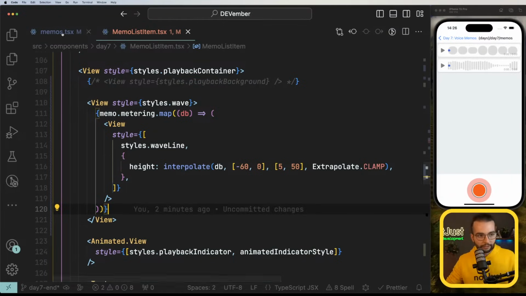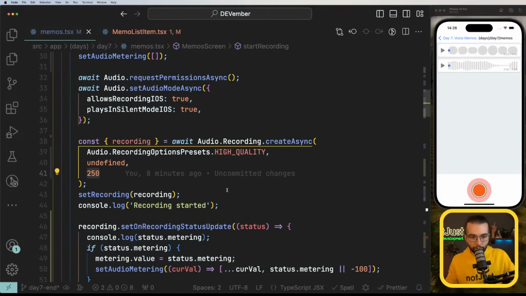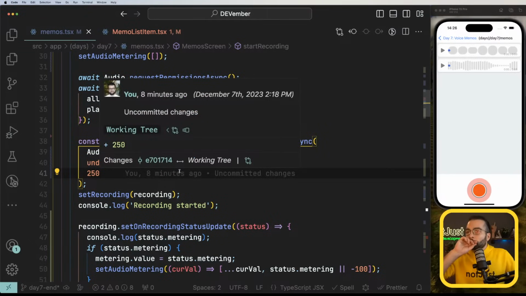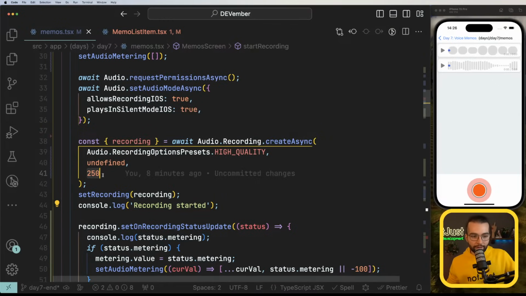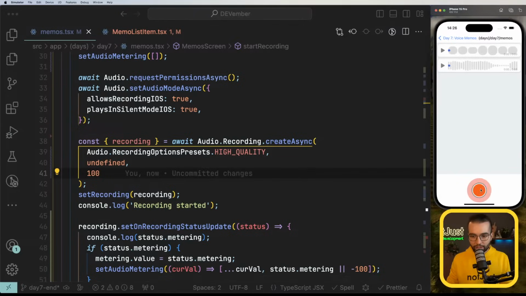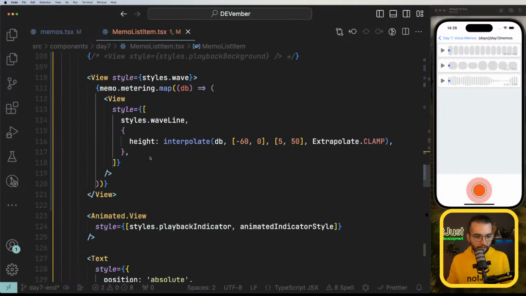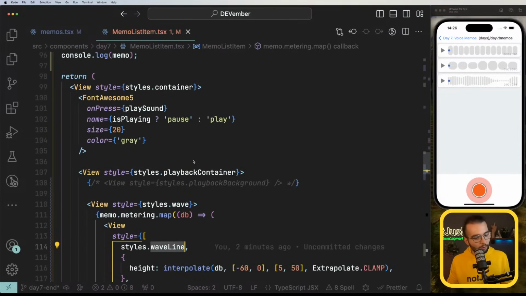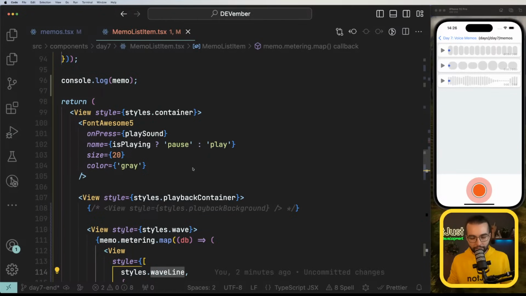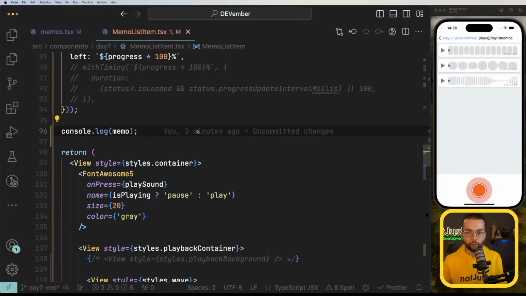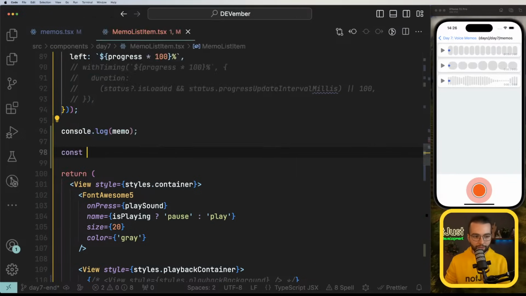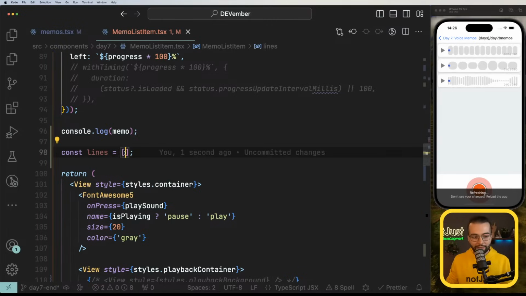So maybe what we're going to do is keep track of more values for the metering by reducing how often it's being called. So even if it's going to be a very small one, it's going to have enough values here. And after that, on this side, we are going to do some magic here. Because what we can do, const lines equal, well, we need an equally,